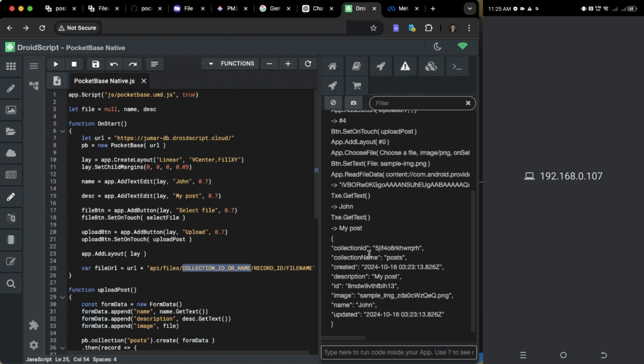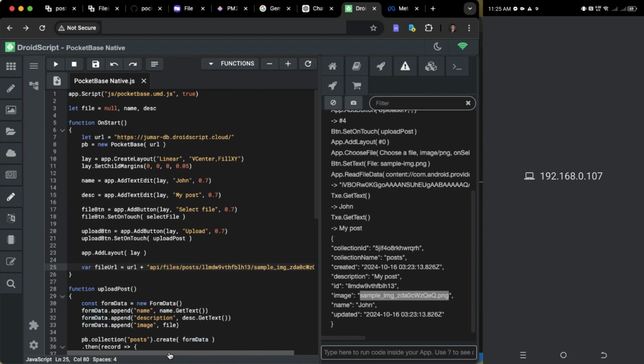Our collection ID will be this one from our debug tab, or we will just use the post collection name because we can use the collection name here. So we can use post, and then our record ID is this ID right here, and then our file name will be this one. We have now successfully created our file URL.